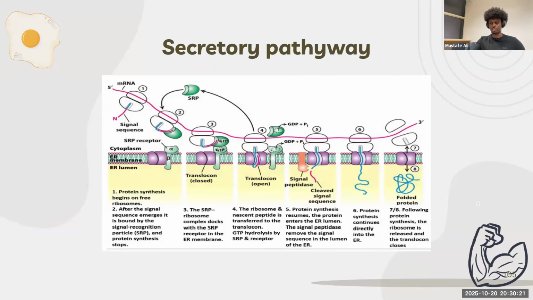Now, this picture was present in your lecture. It looks very confusing, right? Let me try to simplify it as much as I can. So, what happens in the secretory pathway, we said, is that there is an mRNA which goes to the RER and gets translated there, right? Before it goes into the RER, it attaches to the ribosome, okay? So again, here we have the ribosome, and here we have the mRNA, all right? Simple enough. This is just right outside of the ER, okay?